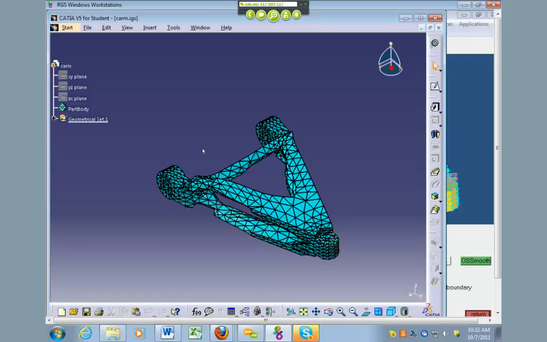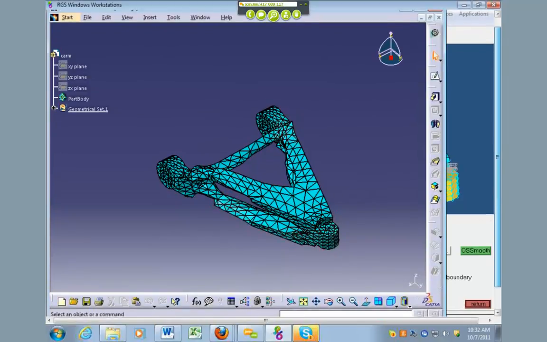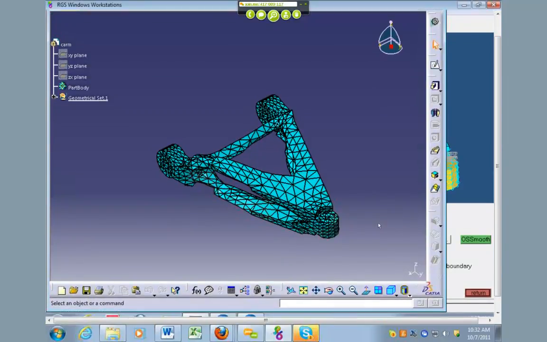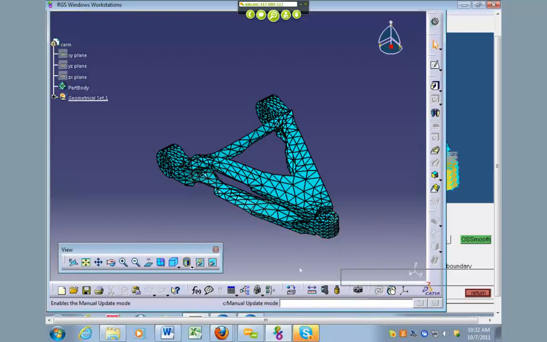So what you need to do is you need to basically redraw the part from scratch, but you can use this IGES as a reference of how you want to create the geometry. And so there's a couple ways you can do that. One way is you can just start drawing sketches and do your best to pad out the portions of the material that you want and use pockets to get rid of the material you don't want. I think there's a better way to do it, and there's a tool here,